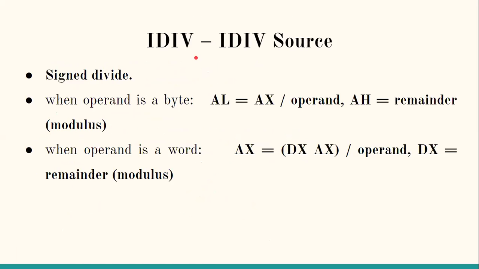Now, for performing the division of two signed numbers, when we have the operands in signed number formats, we will have to use the instruction IDIV. The format is the same. One of the operands will be stored in the default registers as we have seen in the division instruction. The other operand, that is the divisor, will be mentioned in the instruction along with the opcode. So everything is the same. The dividend is stored in AX, the divisor is specified in the instruction, the quotient is stored in AL, and the remainder is stored in AH.